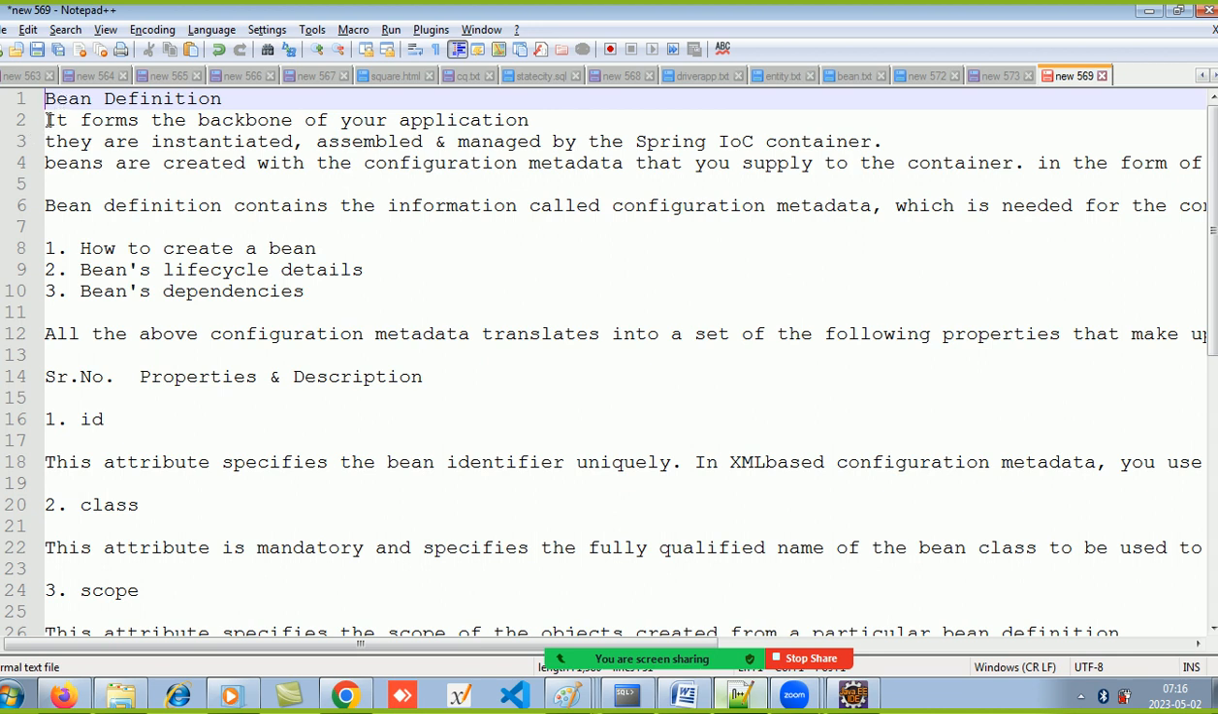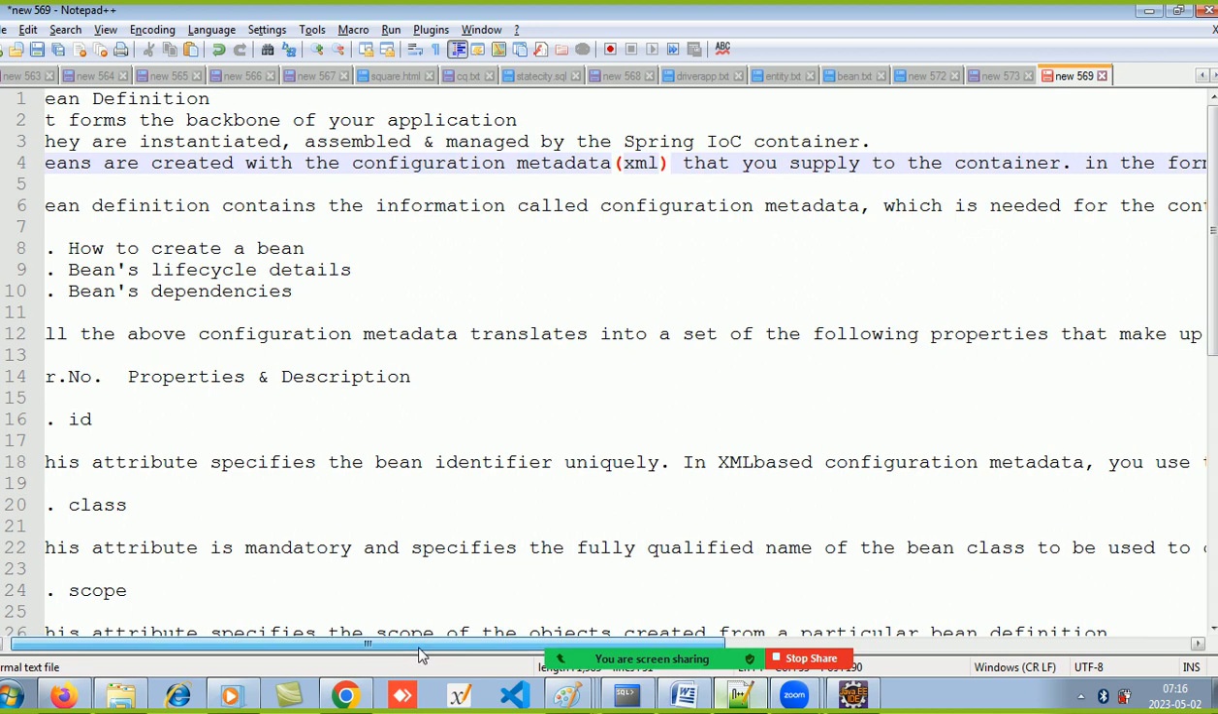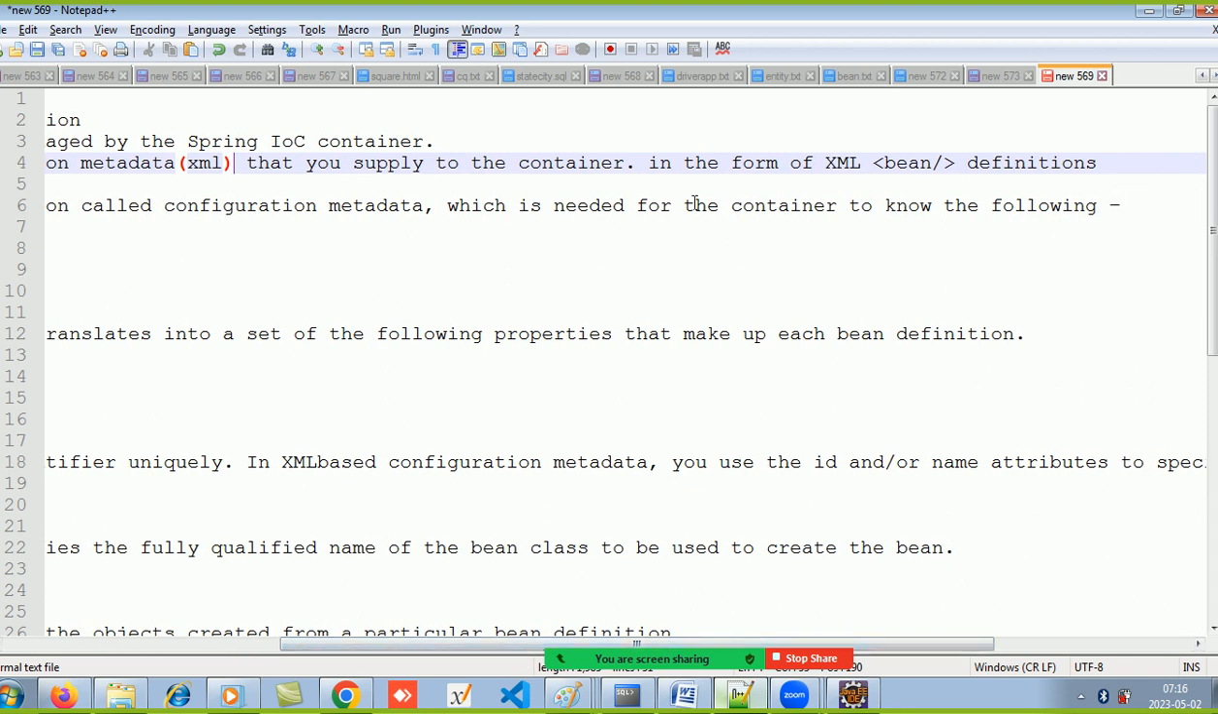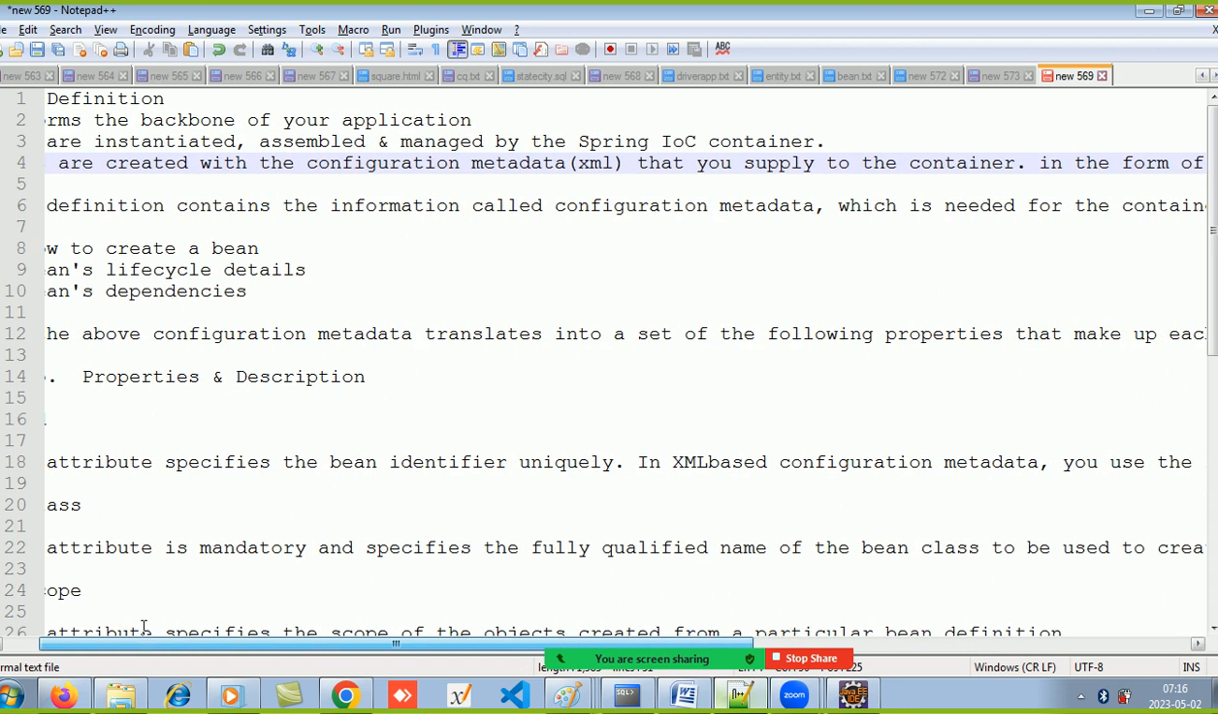So if asked what is a bean, it forms the backbone of your application, right? Beans जो है, सारा डेटा beans के अंदर ही तो है। They are instantiated, assembled and managed by the Spring IOC container. Beans are created with configuration metadata, जो हम XML में पास कर रहे हैं वो सब configurable metadata है that you supply to the container। तो हम उसको बोलते हैं get bean, वहां से लेके आओ in the form of XML bean definition, दिख रहा है।